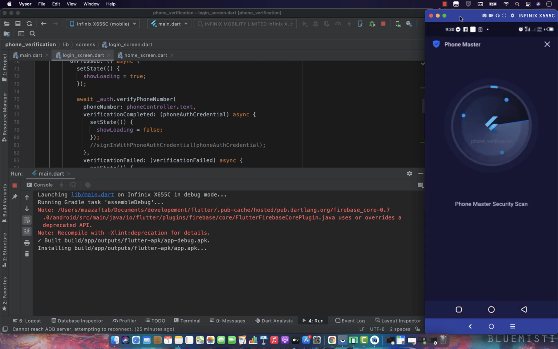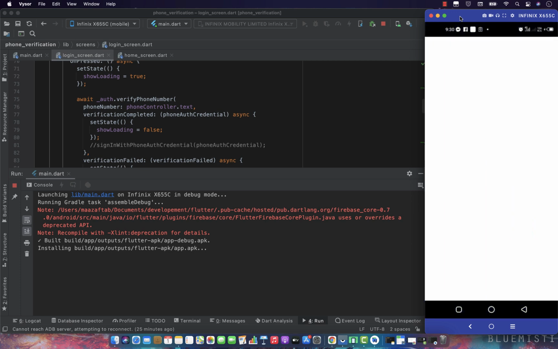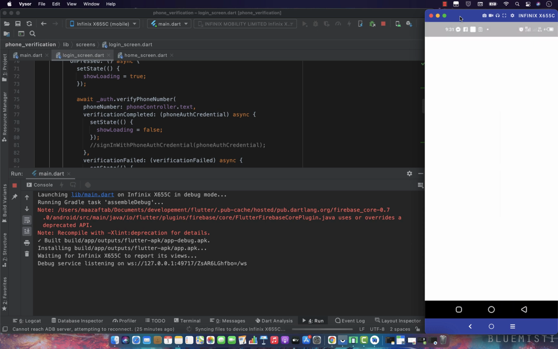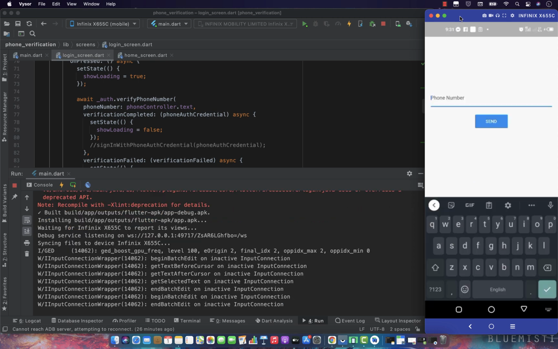So the app is being installed, and you can see the application is successfully installed. And if I open the application, this should show the login screen and the mobile phone form, because the current state is the mobile phone form. And if I give my number